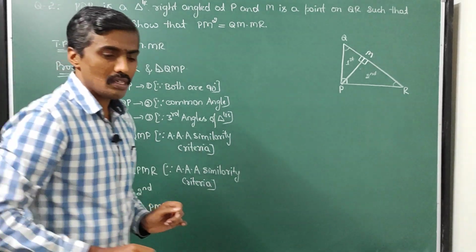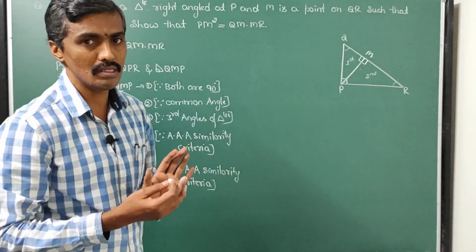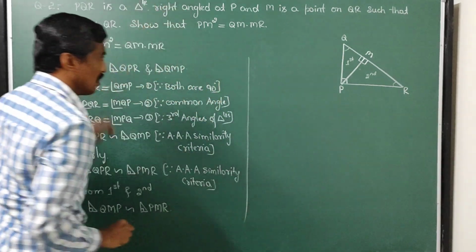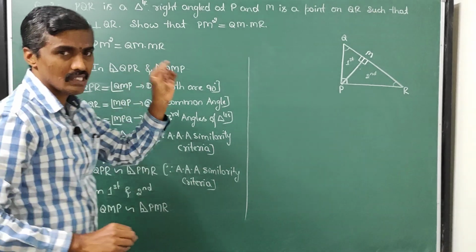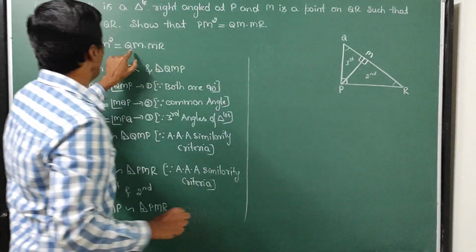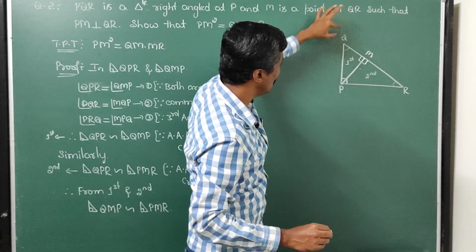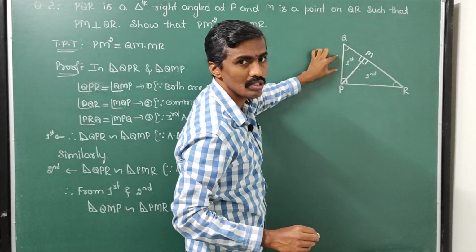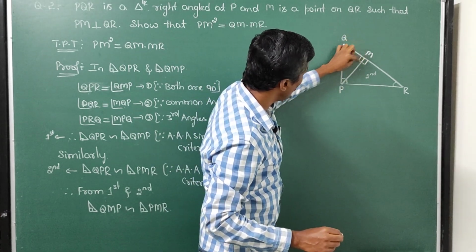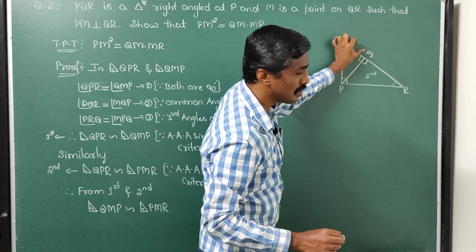We know the property of similar triangles. If two triangles are similar, then their corresponding sides are in the same ratio, or in proportion. So that we apply. In QMP, the first triangle, the smaller part we require here is MP, correct? So it is the smallest side in QMP. The 90 degree angle has the hypotenuse, the biggest side in the first part. Then QM and MP are the two sides left out. If you compare QM and MP, QM is the smallest side.